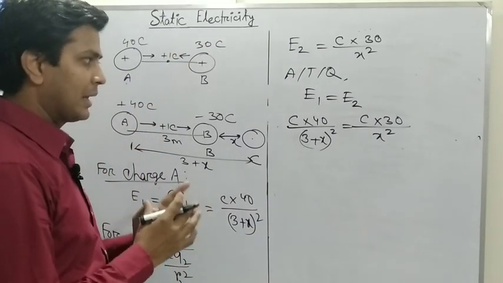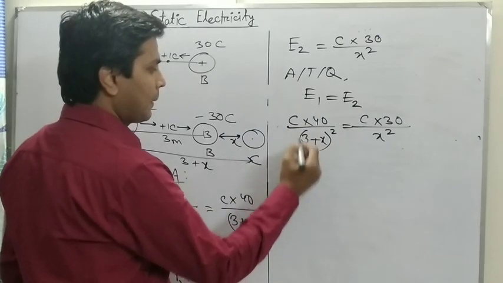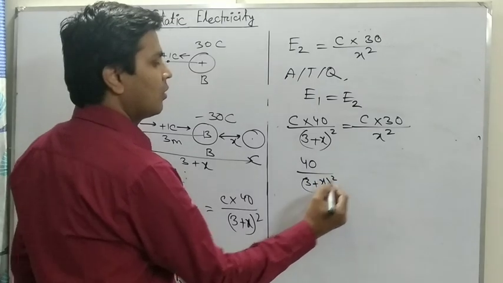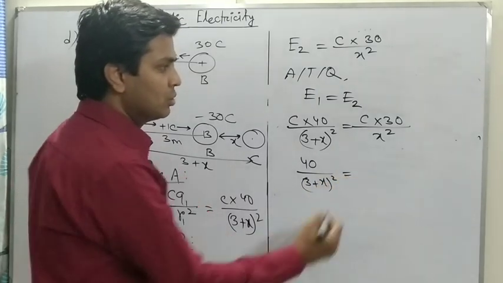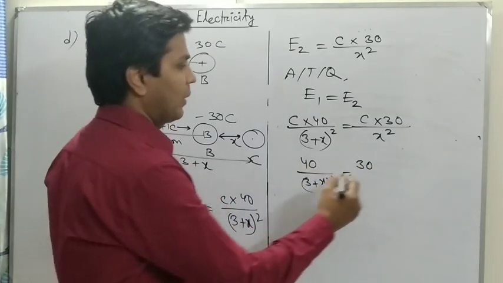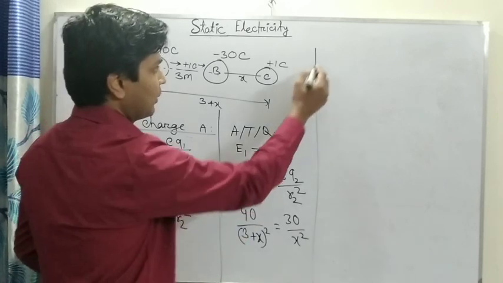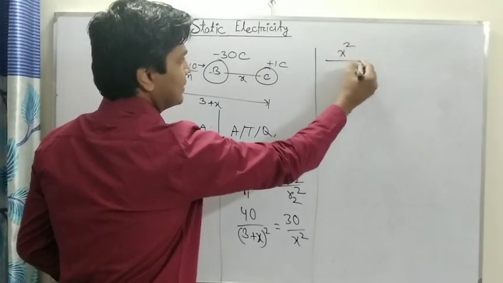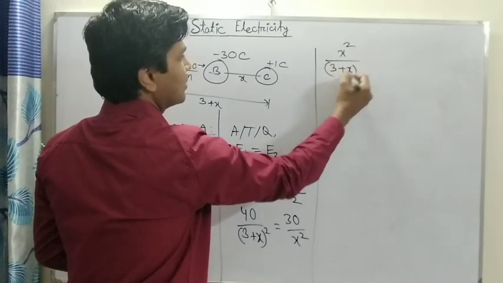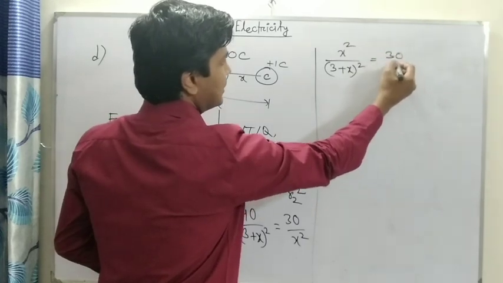From both sides we can cancel out C, then we can write 40 divided by 3 plus x whole square equal to 30 divided by x square, and then we can write x square divided by 3 plus x whole square equal to 30 divided by